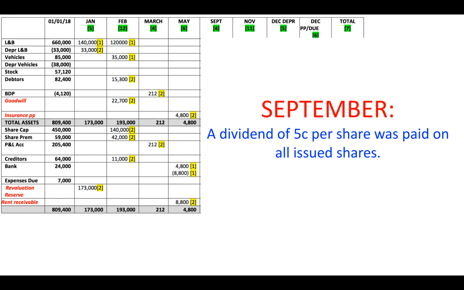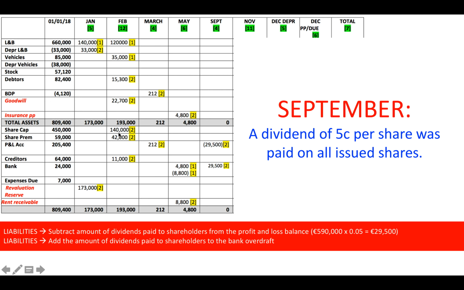Okay, so now we have September. So a dividend of 5 cents per share was paid on all issued shares. So I have had some additional shares during the year. Okay, I have issued some more. So 450 plus 140. So we've got 590 multiplied by 5 cents per share, and that is 29,500. Now,